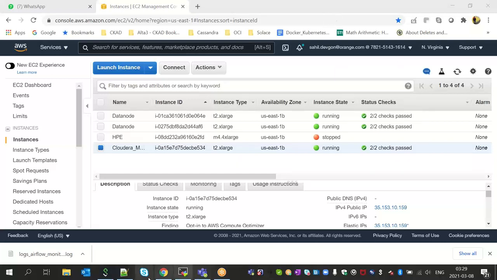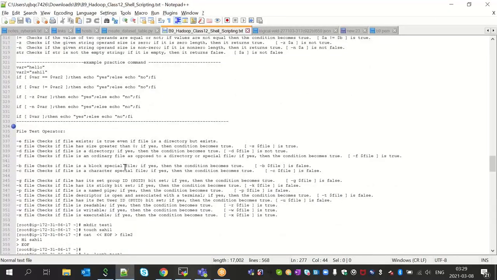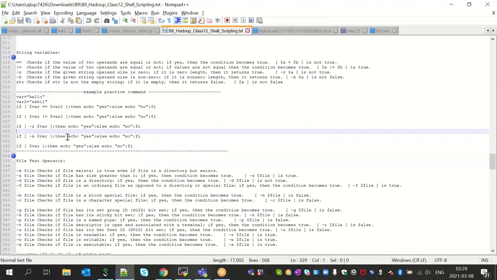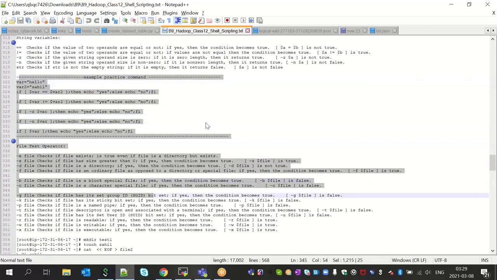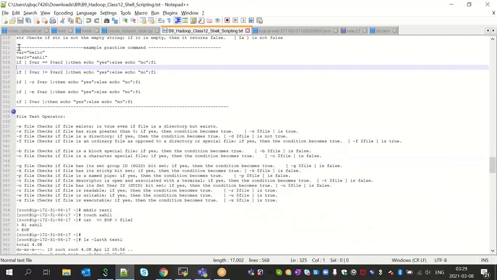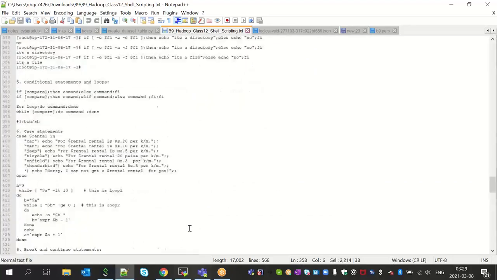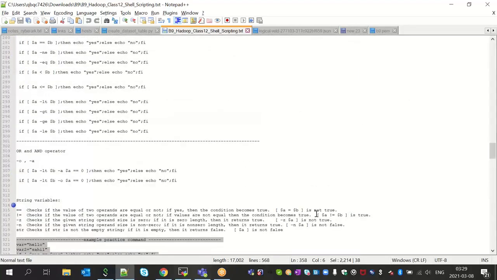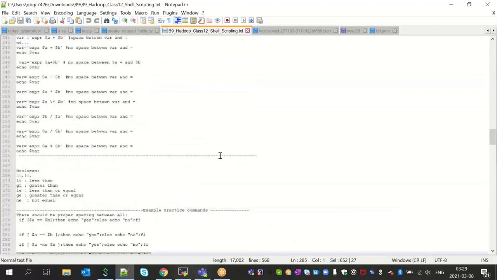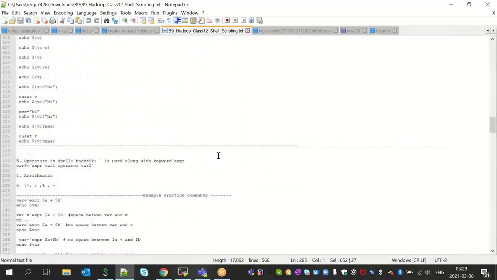Okay, so in the previous class we were discussing shell scripting. I did share some notes. I'm not sure if you have practiced it, but these are some advanced stuff. Up till here I had discussed string variables comparison, but after that it's a little advanced. So I was thinking you guys should first complete it till here, because I'm sure many of you haven't even tried it. But it is a little important to understand these basics before moving on to the